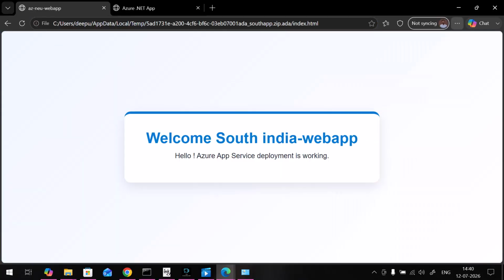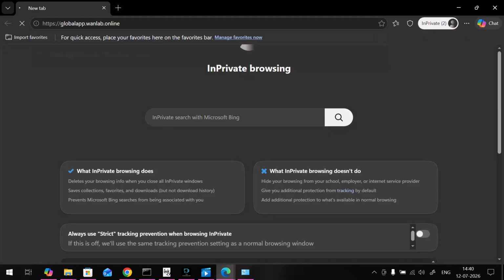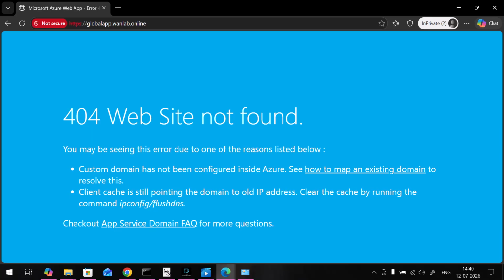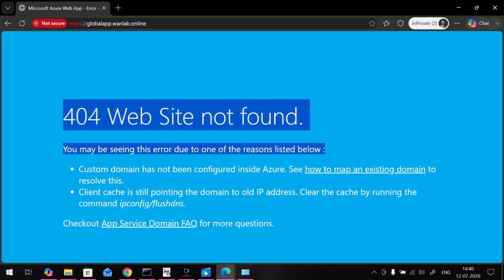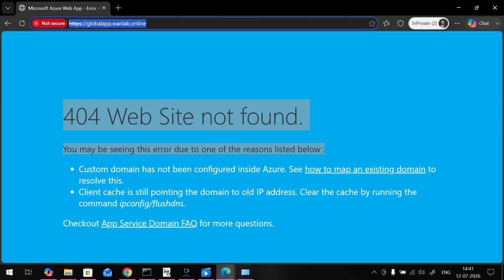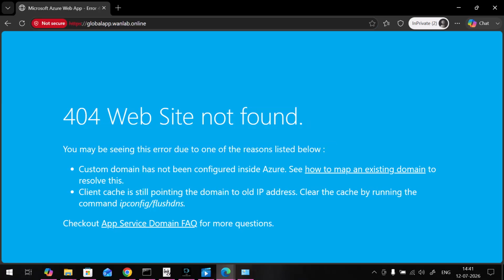In a private window, what happens if I open this? Asset not found. You may have seen this error due to the reason custom domain has not been configured inside the Azure. Client cache is still pointing to the old IP address. We cleared the cache and still it is saying, oh, it's not working. So what we need to do is,